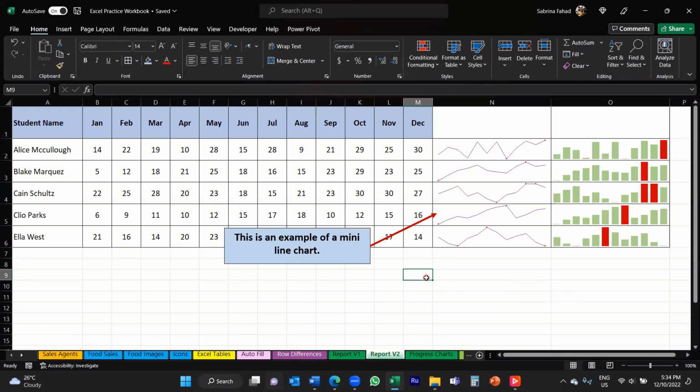that was just a very quick overview of shapes and how you can insert a text box in your Excel